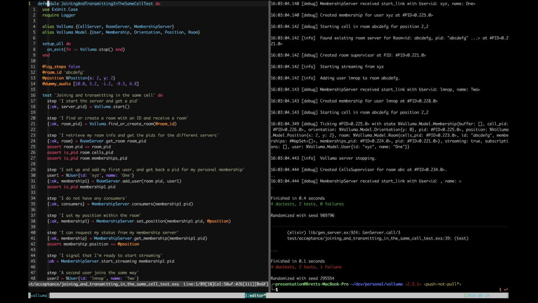Essentially, the idea is that users join a room, and a room is just a string. Every time someone joins a room, we create a gen server to represent and hold its state. Underneath each room server, there are two supervisors. One which manages users, so each user is going to get a gen server managing each user's individual stream and state. And then there's another supervisor called the cell supervisor, and that supervises the creation of a gen server which handles